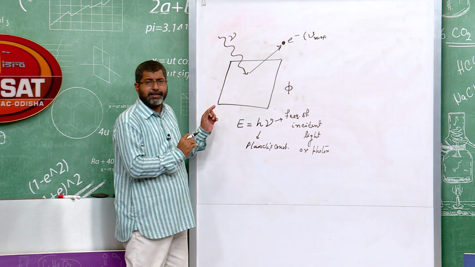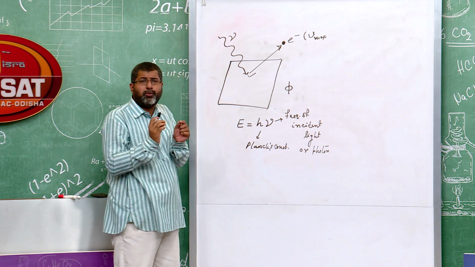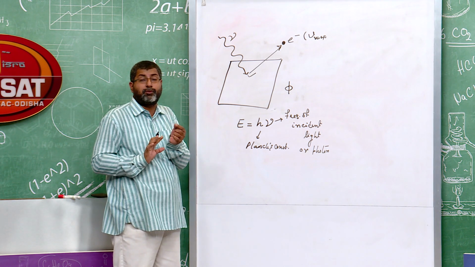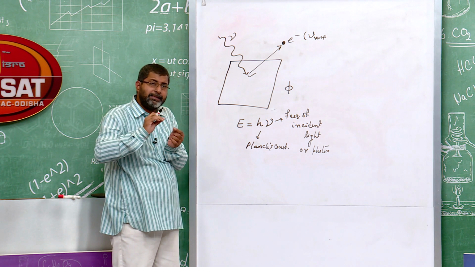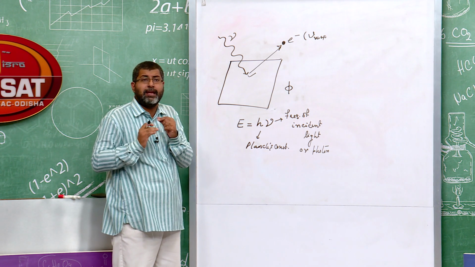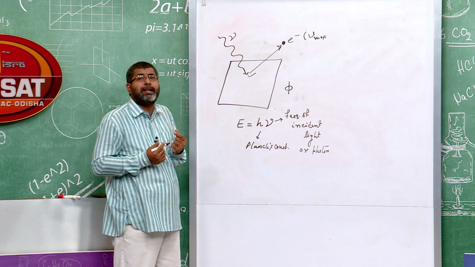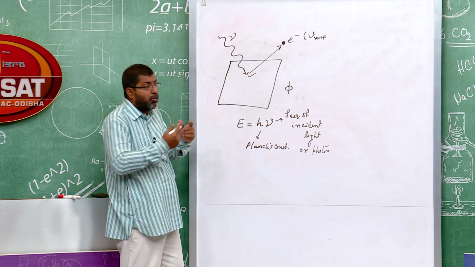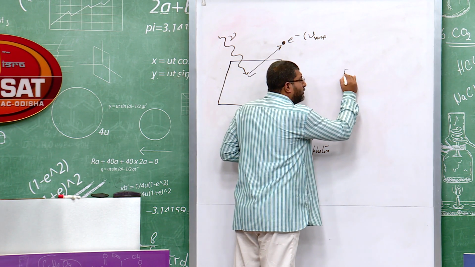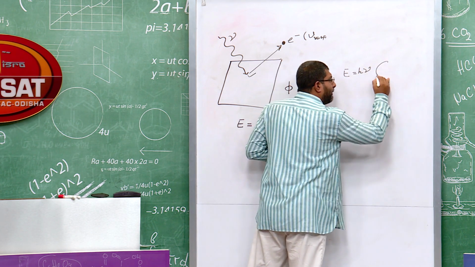As this energy falls upon this electron here, this electron will either absorb the entire energy of the photon or none of it. That means either the photon will transfer its entire energy, but not a fraction of it. Now, what happens to the electron by gaining this energy? By gaining this energy E equal to h nu, this electron here